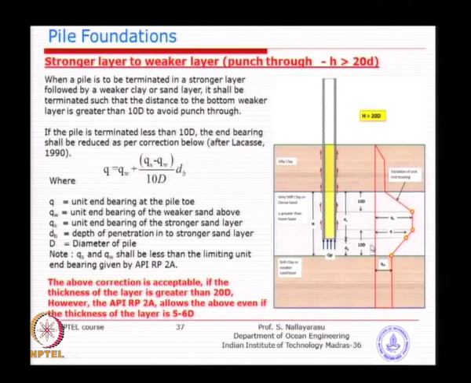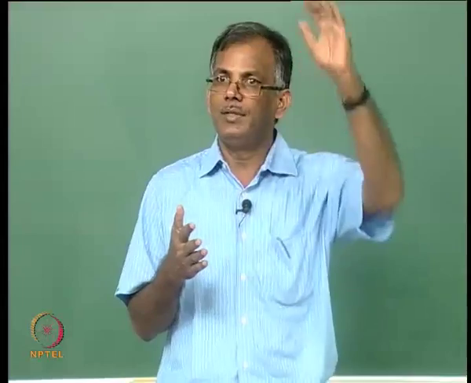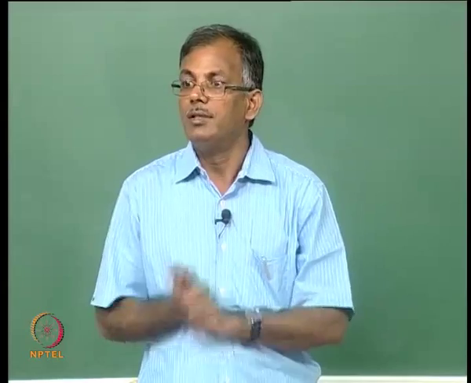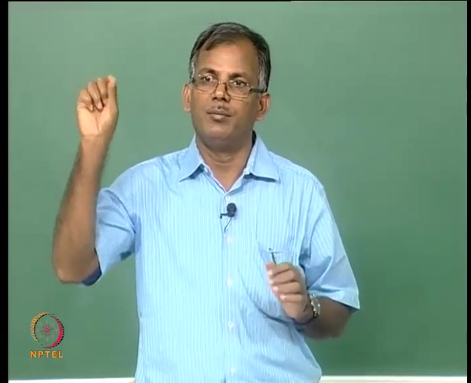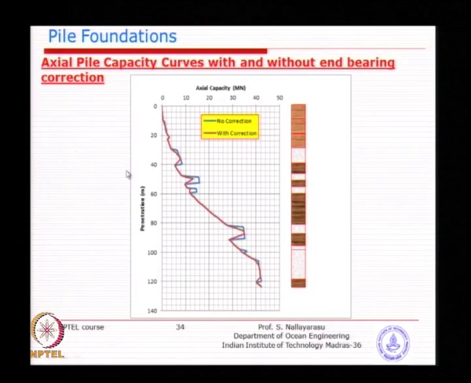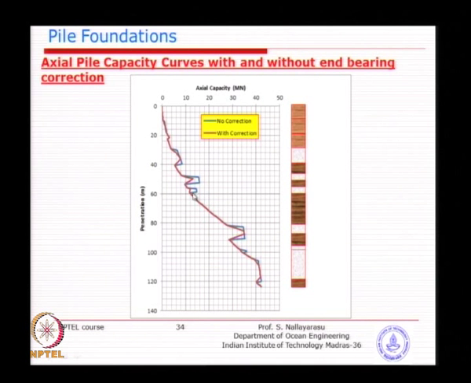So, what will happen if the layer is too small? If the layer is say only 3 meters, 4 meters, you may not actually achieve full capacity, isn't it? Because we need forward reduction by 3 diameter, backward reduction by 3 diameter, and at least you need 6 diameter to get the full capacity in one place. But if you have only say 3 diameters, you will not be able to achieve that. That has happened in some places. If you go back to this picture, you can see here the full capacity is this much, whereas the capacity achieved is less, because when you meet the forward and backward reduction lines, you will only get 50% or 40%.